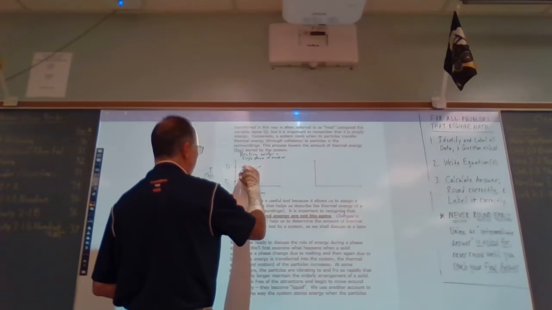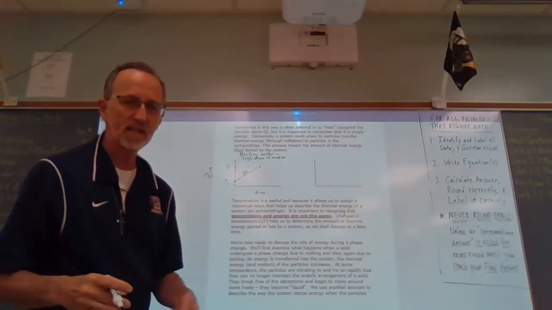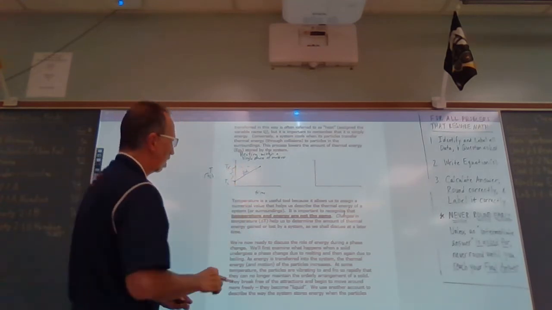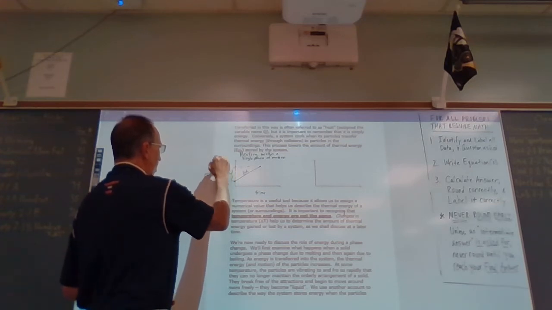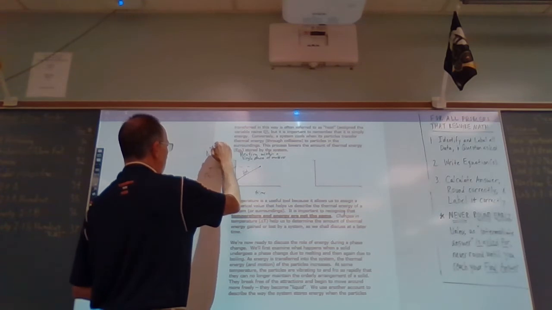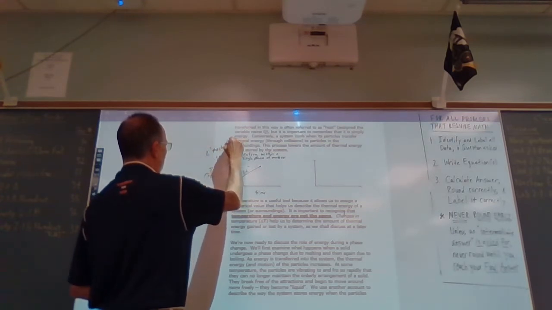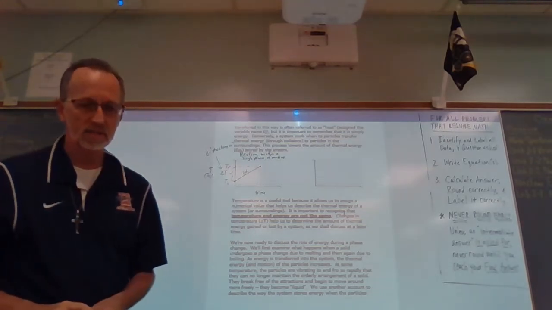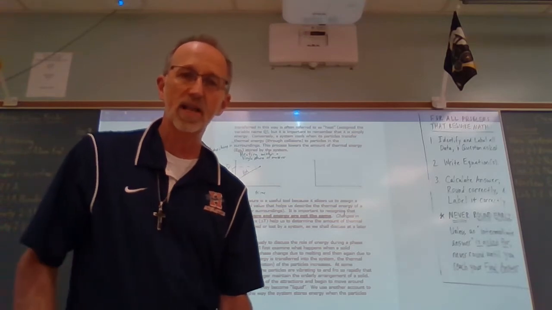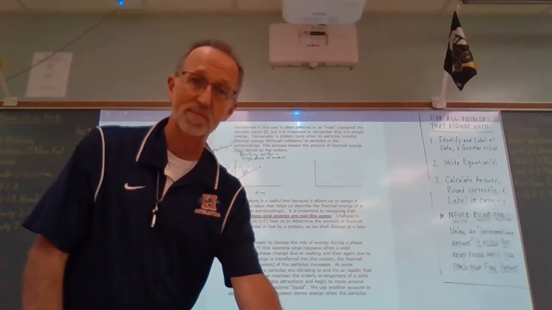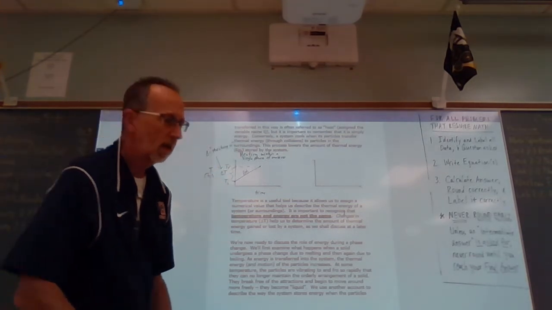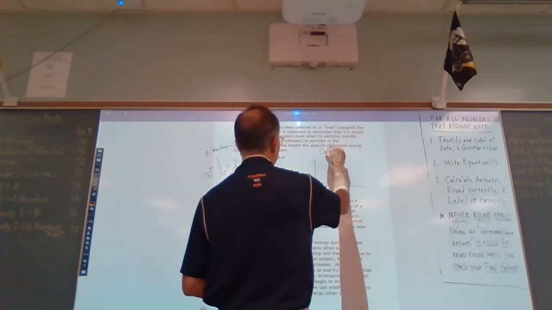So we had an increase in thermal energy. We're staying in a single phase of matter, and the change in temperature between final and initial is called delta T. Delta in front of a variable means the change in. Delta T is the change in temperature. It's going from a lower temperature to a higher temperature. So T final is greater than T initial, which means delta T is positive. You can see that on the graph. It's going that way. If we're cooling within a single phase of matter,